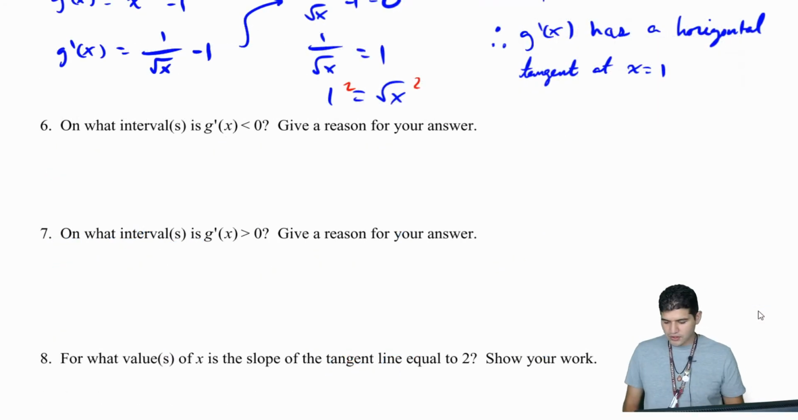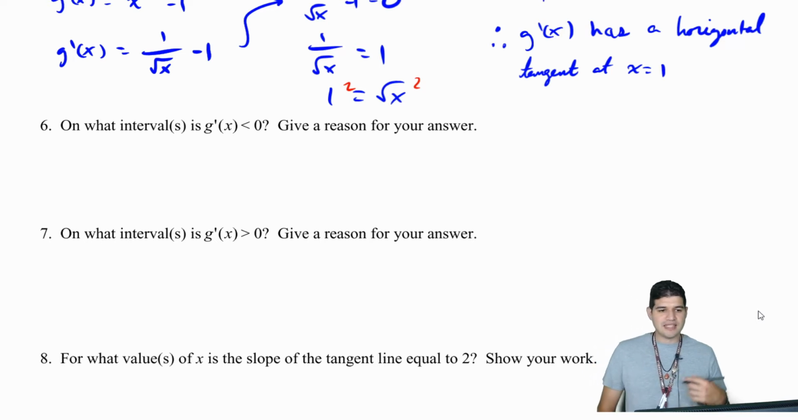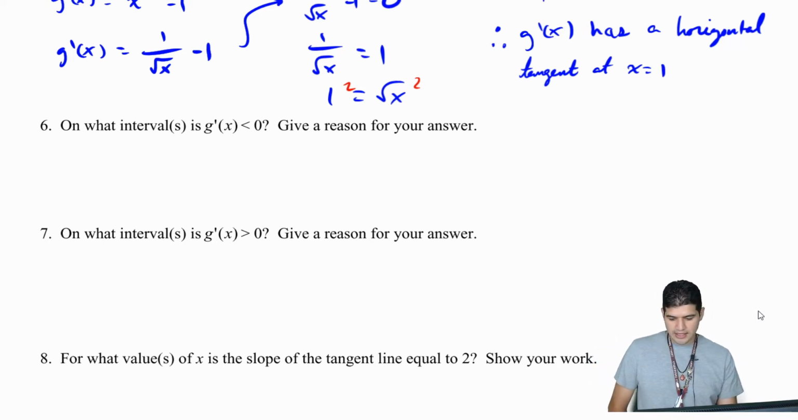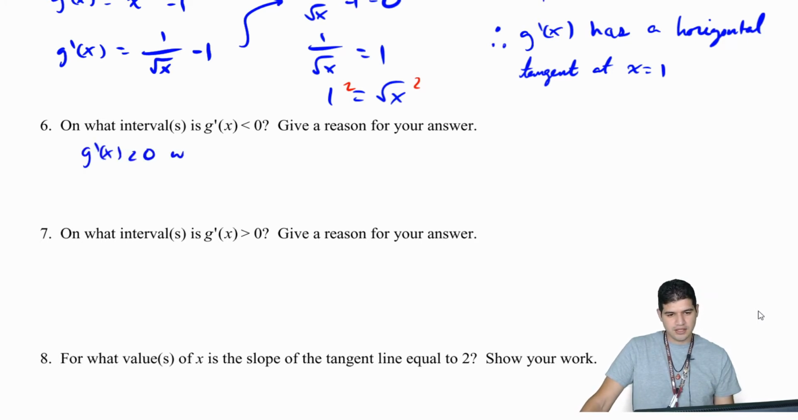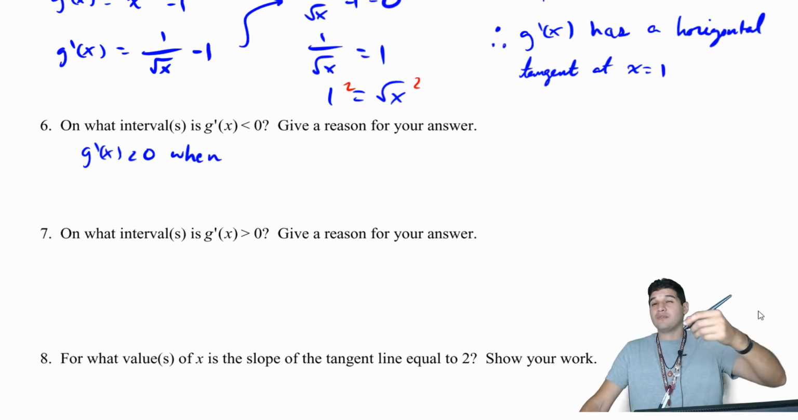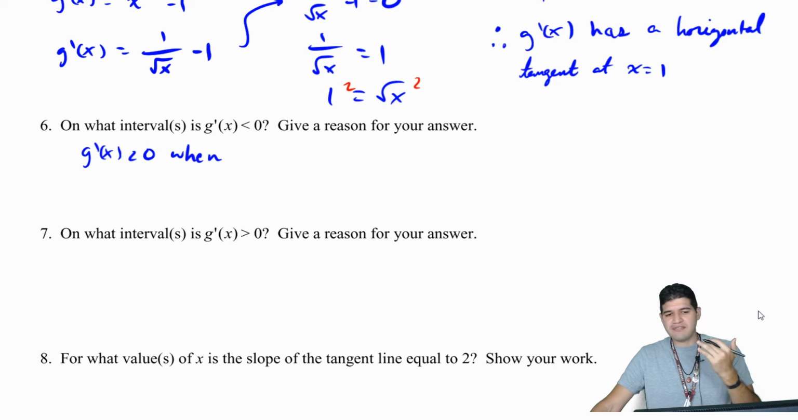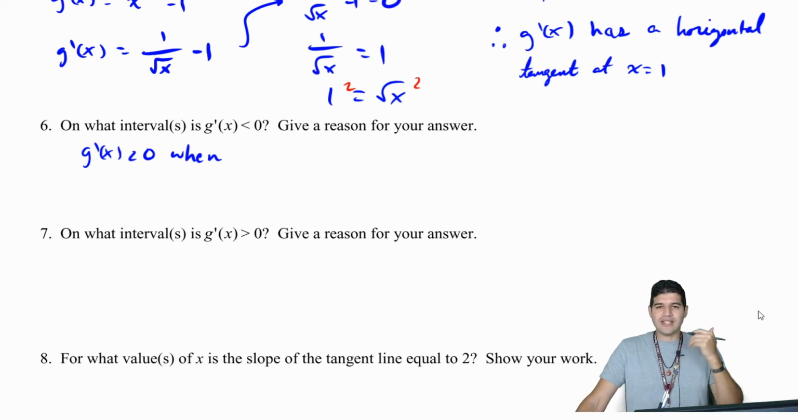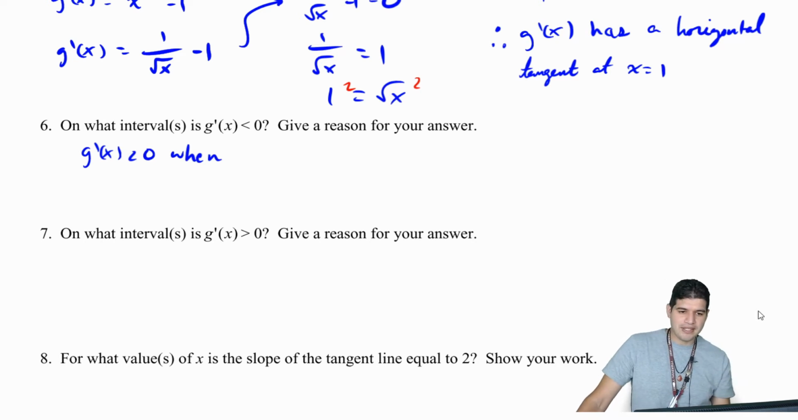Now I want to see, on what intervals is g prime of x less than 0? We want to give a reason for our answer. You want to think about what it means when we're given the graph of g of x. g prime of x is less than 0 when g prime of x is negative. What does that mean to you? It should have a very clear meaning. When the derivative is negative, well, that means